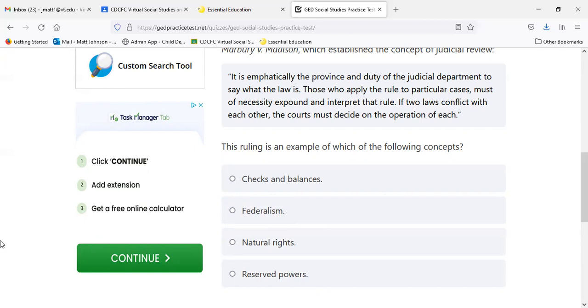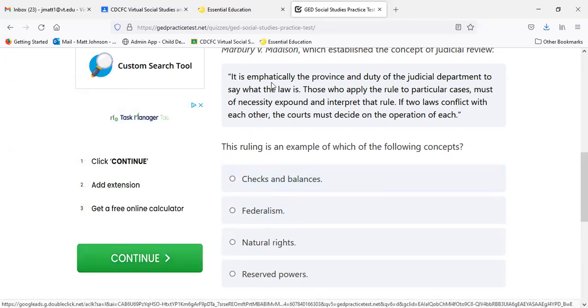So the question again. So the ruling is an example. So on this Supreme Court decision,